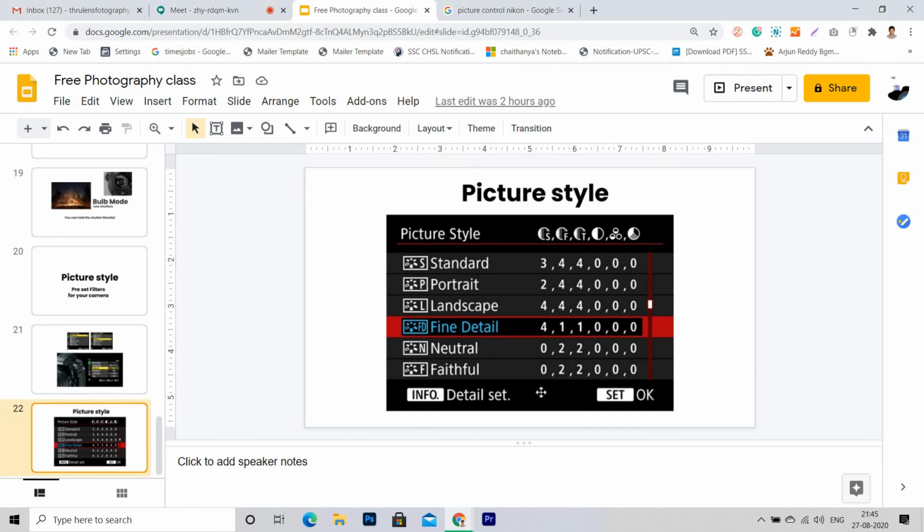See, obviously, as I told you, it is filters. When any camera or any phone camera is giving filters, obviously a black and white filter will also be there. So it is the same functionality. When you go for monochrome, automatically the screen will become black and white, and you will take the picture. Monochrome will be useful when you are trying to capture studio kind of photos.